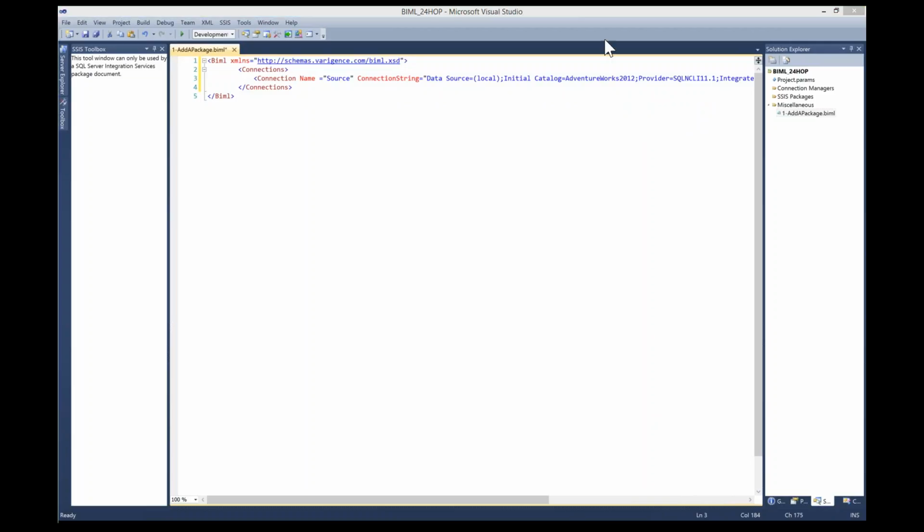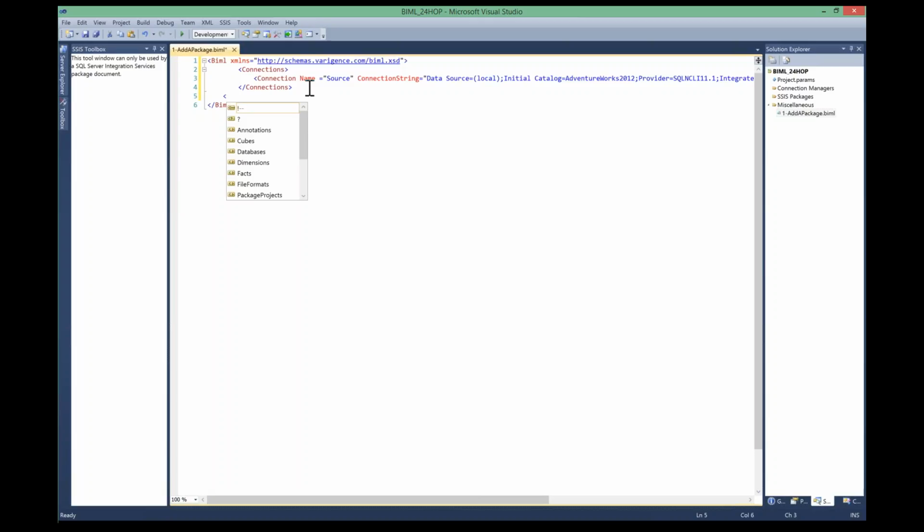Let's see what happens. Oh, first let's create a package. I'm sorry, getting ahead of myself. So once we have a connection defined, then we want to tell it that we want to create a package. So we're going to open up another tag. We've closed our initial connection node here, or a connection attribute, and we're going to create a package. So we're going to say that we want packages,